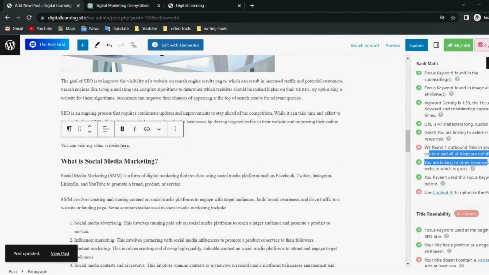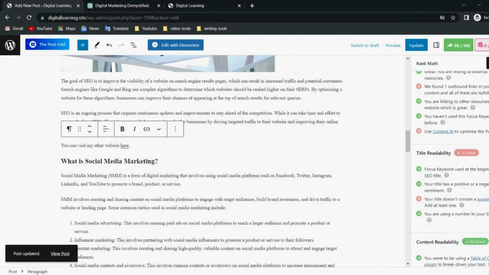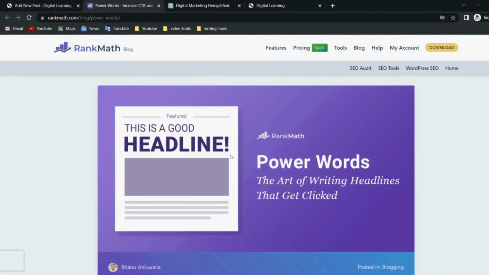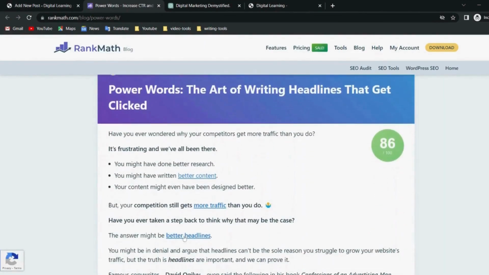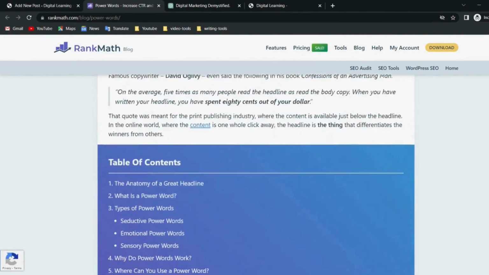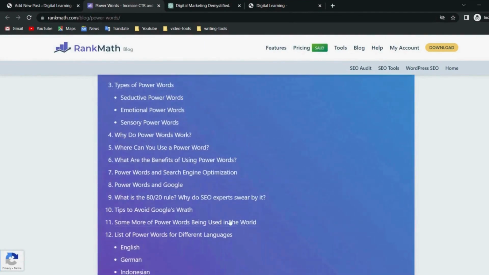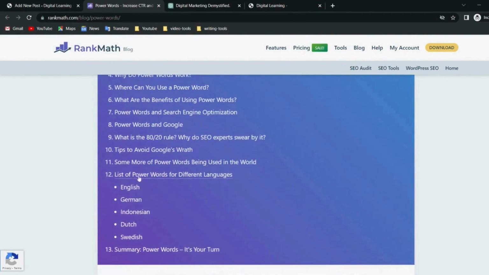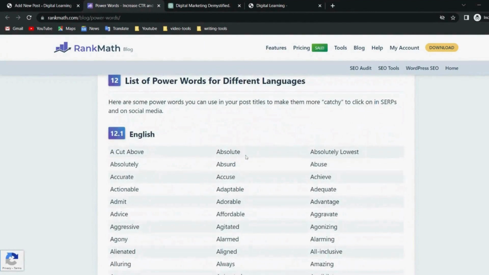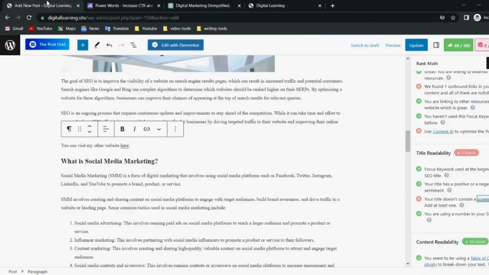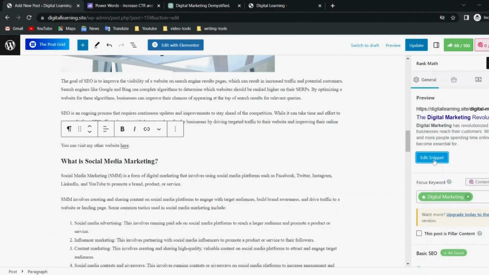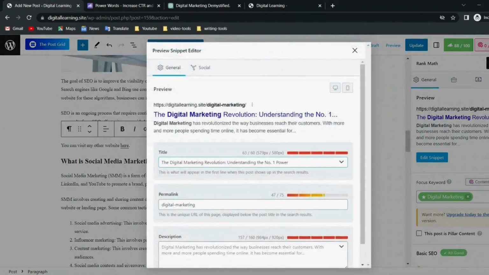The next SEO step is to add a power word in the SEO title. If you don't know what a power word is, click on this question mark here and you get a list of all these keywords, whatever we call power words. You can use them as per your requirement in your post. Let me add a power word to my article. Here I am adding one of the words, which is